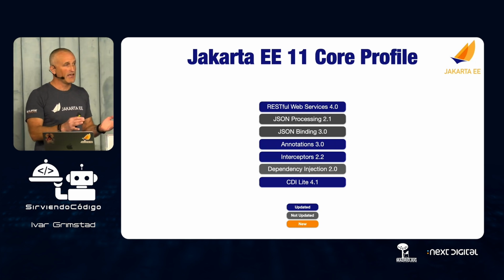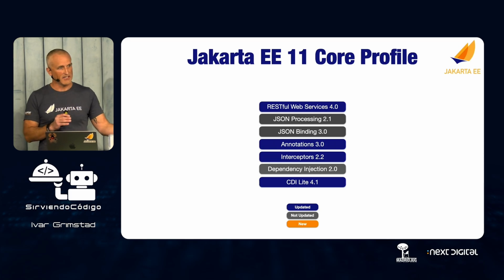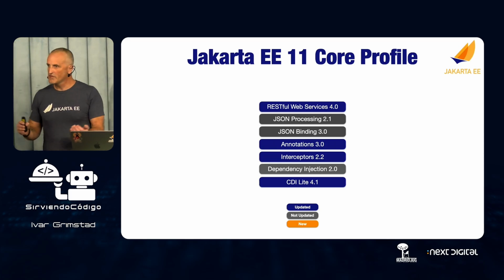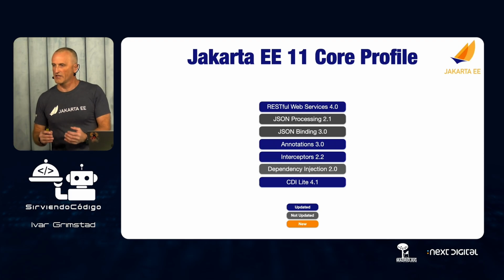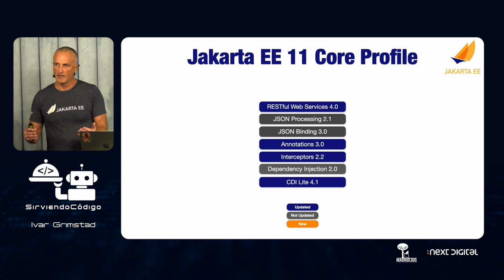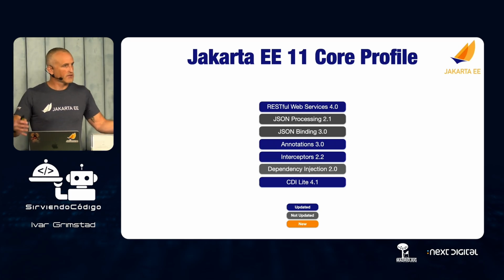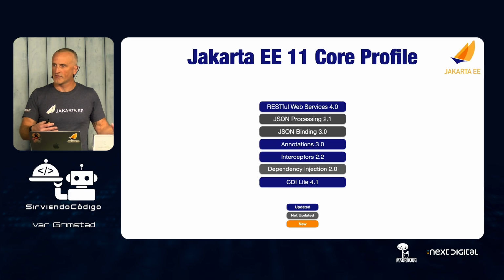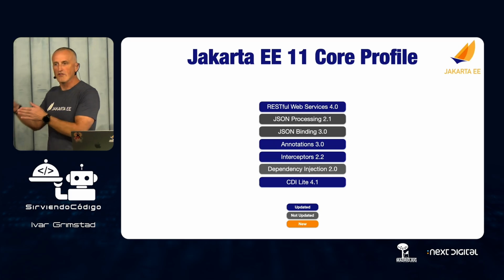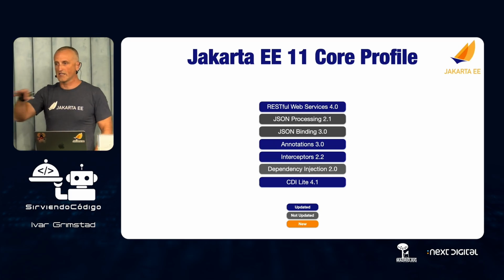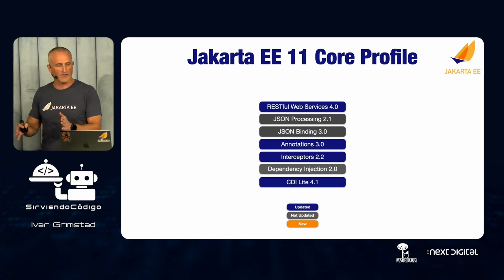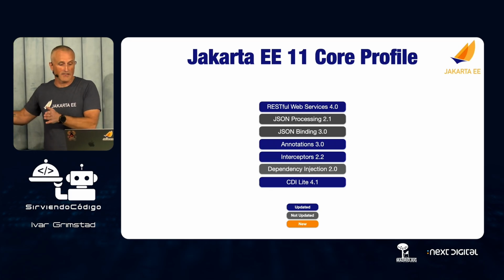And one of the key specifications in this one was CDI Lite, which is a subset of CDI, but it removes the dynamic stuff that CDI has so it can be resolved at compile time. Because if somebody wants to compile this with GraalVM, for example, and produce a native image, then you can do it with CDI Lite. With CDI, it's not possible because it resolves everything or many things at runtime.